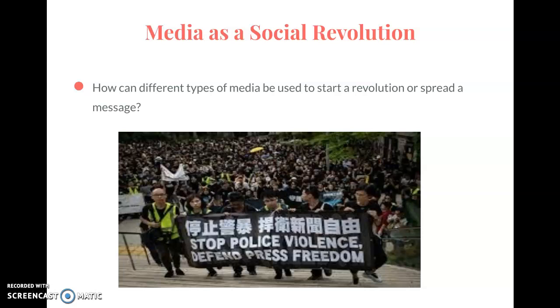I want you to ponder on this question and really focus on it. How can different types of media be used to start a revolution or spread a message? How do we use things like Instagram, TikTok, even artwork and dance to start a revolution, so a major change, and spread a message? When I'm thinking of media as a social revolution, I'm thinking about what's going on in